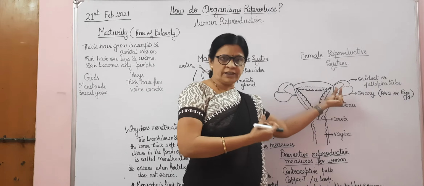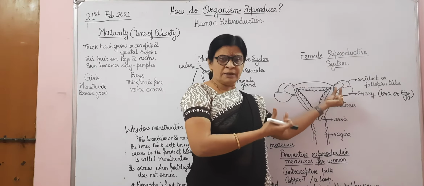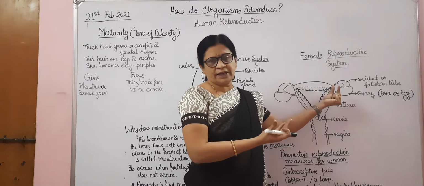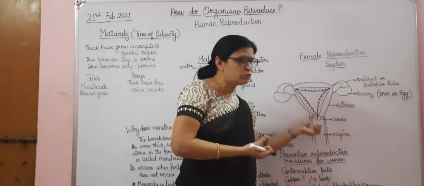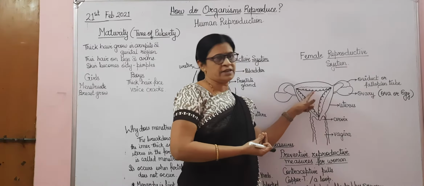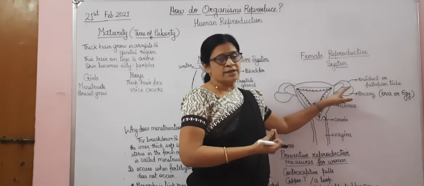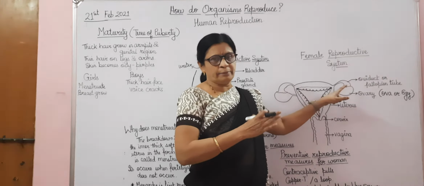takes place. Fertilization means the coming together of the male gamete and the female gamete, that is the sperms, which have a tail, and because of the tail they can easily move from the vagina to the cervix and the uterus. Now once this zygote is formed, it undergoes fragmentation.